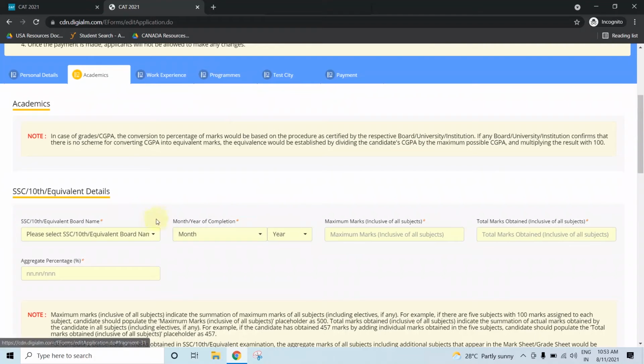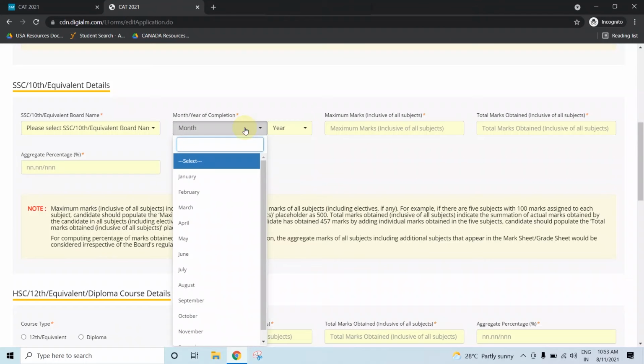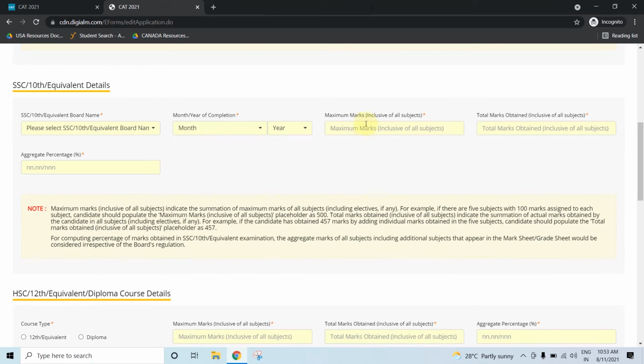So if you click on academics, it will ask you for your SSC detail. You have to mention the month and year of the completion of your SSC, and you have to enter your maximum marks. Here, don't get confused between maximum marks and total marks. Maximum marks is nothing but the total marks that you are writing the examination for.